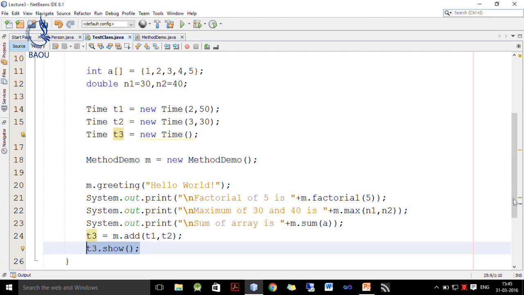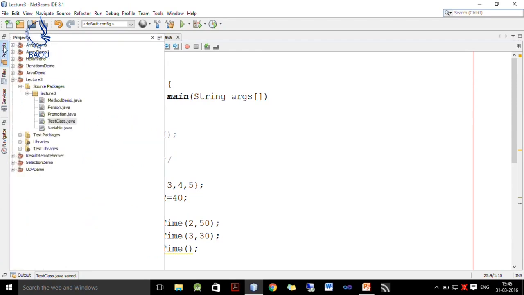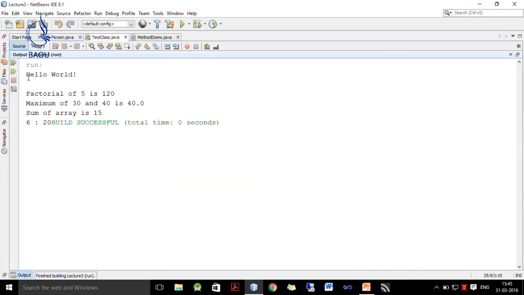So, we want to run this. So, we save this file and run this file by right clicking on it. So, I run this file. Now, greeting will print hello world, factorial of 5 will be found by the factorial method of the method demo class, and it returns 120.